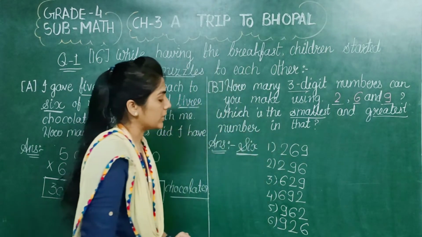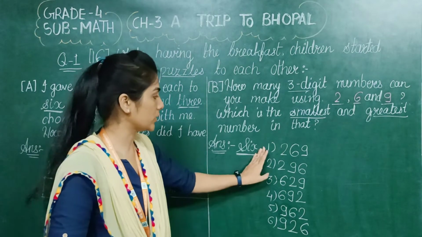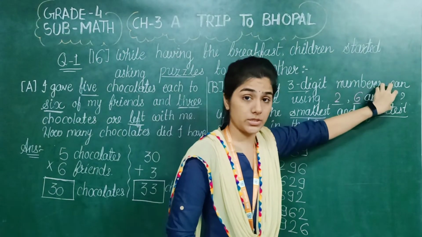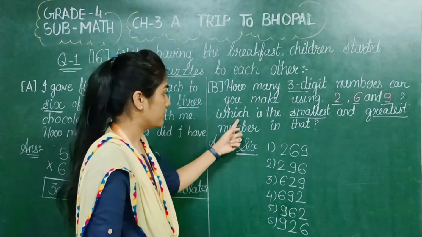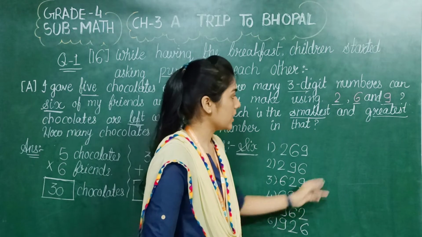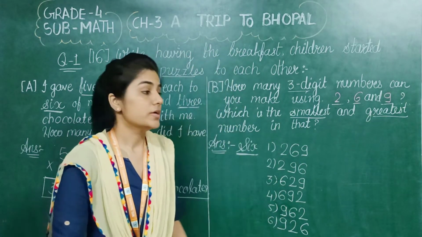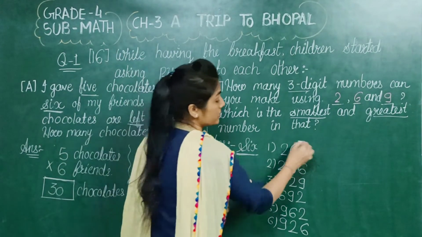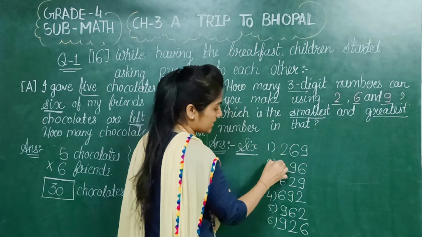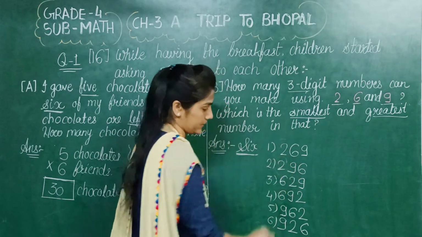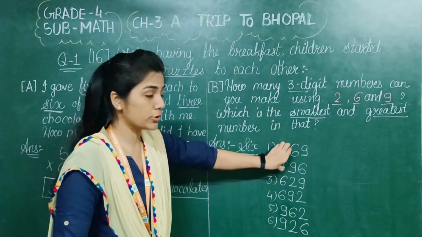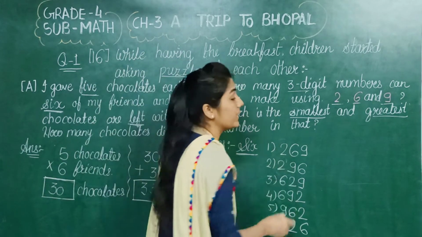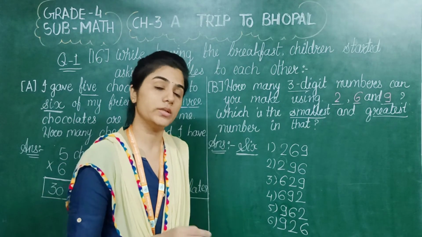So here I have written the total 6 numbers which we have built up from these 3 digits. Now what is our question? Which is the smallest and which is the greatest number? You can check all the 6 numbers that only the first and second numbers have 2 at the beginning. So these 2 numbers should be smaller than all the others, right? So from these 2, any one number will be the smaller number.